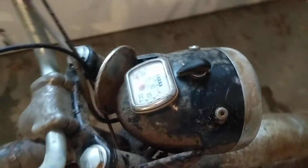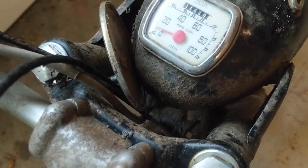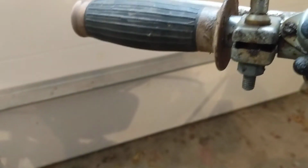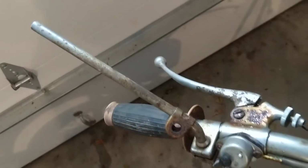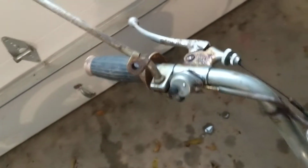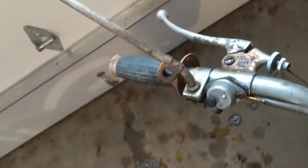It does have the headlight and the speedometer intact. It's got 1,400 miles on it, so that's not too bad. Now, the left control here actually says Aprilia, which somewhat surprised me, but maybe that's correct. I'm not an expert on these bikes, but you can see the controls, left control, the right control, they're intact or mostly intact. The twist throttle here,